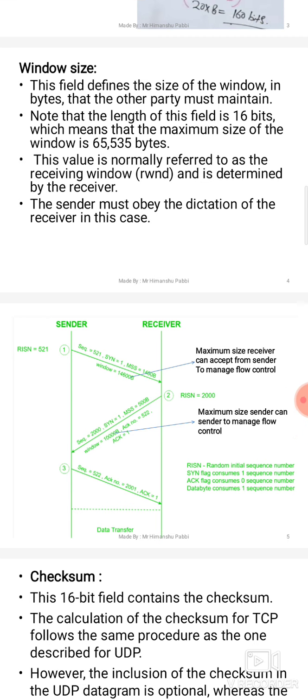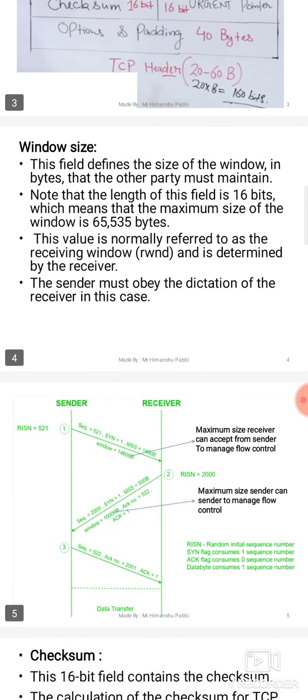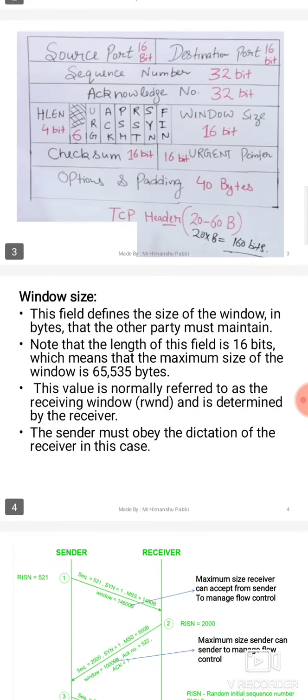The receiver will send an acknowledgement of 522, the next byte which is expected from the sender. The maximum acknowledgement number can be 2 to the power 32 minus 1. Whenever the acknowledgement is sent, the ACK flag is set to 1, because ACK is a 1 bit field which can be 1 or 0. So ACK and the acknowledgement number work in parallel. Similarly, the SYN flag and sequence number work in parallel.